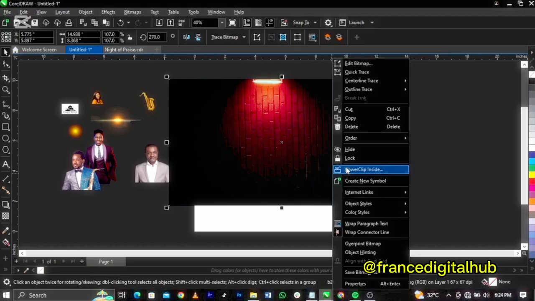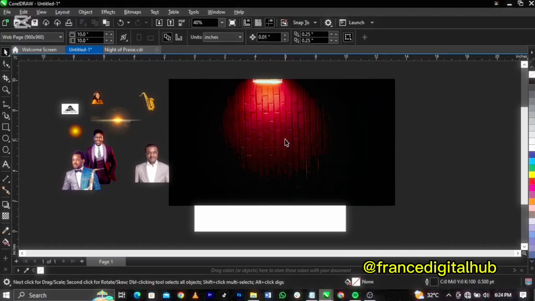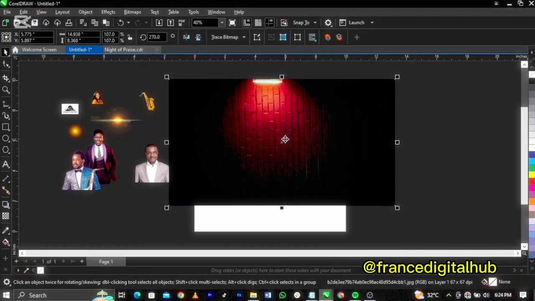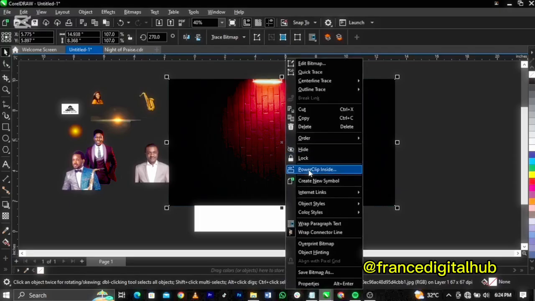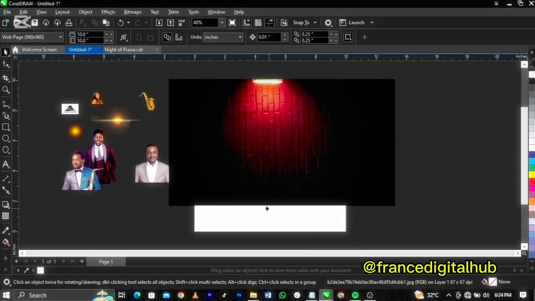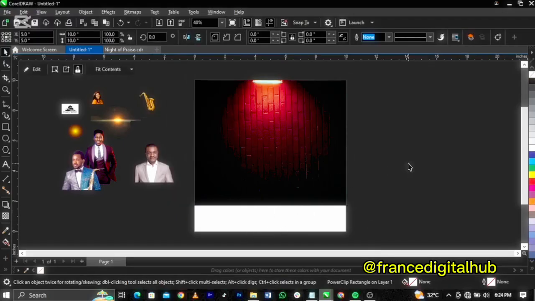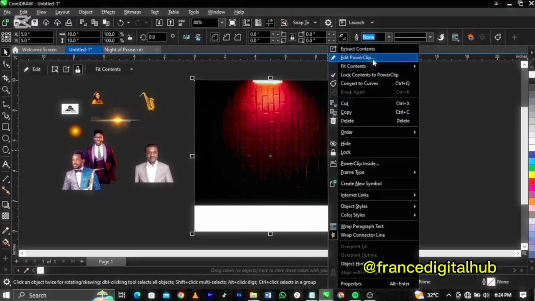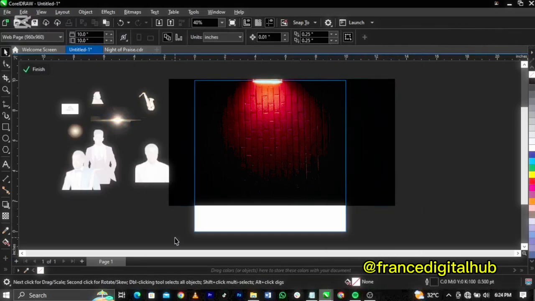The reason why we're power clipping is because you can see the background is going out of frame. So right click, select power clip, and this arrow is going to come up asking you where you want to power clip the image into. You select and power clip into this frame. Now the next thing you're going to do is right click and select edit power clip to go into the frame. Now you can see we have a very white cutout over here,